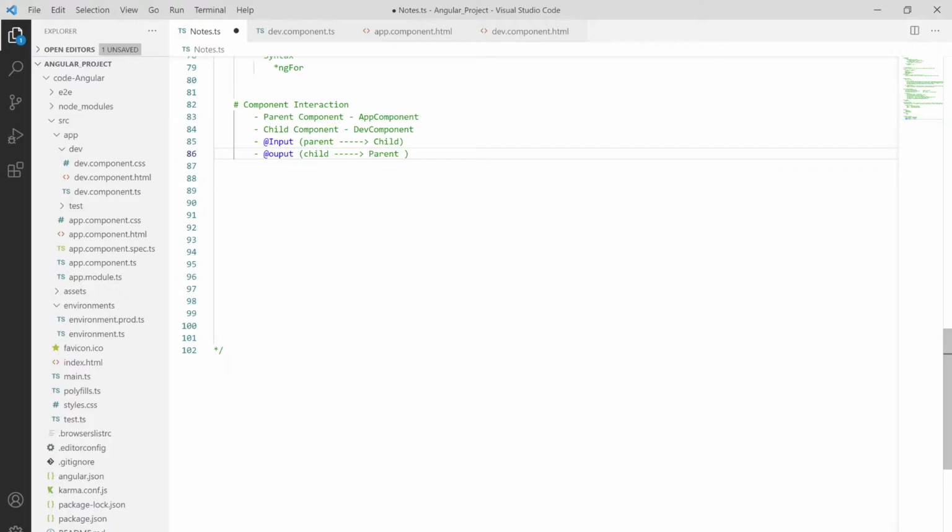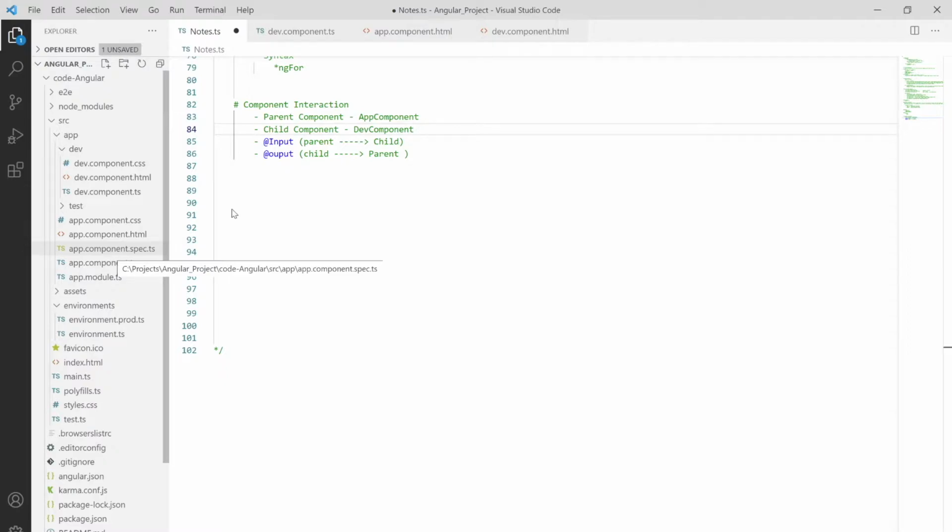So here we are simply treating the app component as the parent and the dev component as the child. We are going to pass a name from our app component to our dev component, that is, from parent component to child component, and we are also going to pass some data from dev component to parent component.